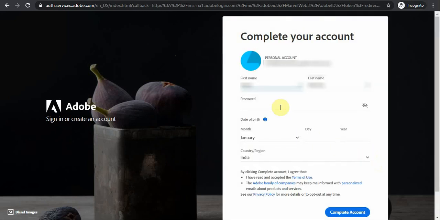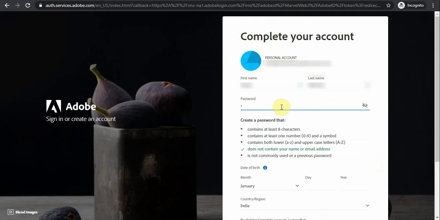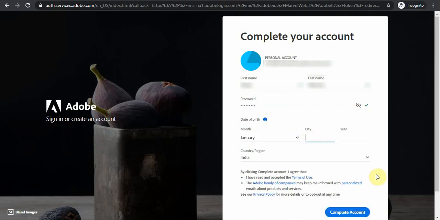So now you will see this is your name over here. Please enter your details. You can add a new password. Enter your date of birth, year and country.